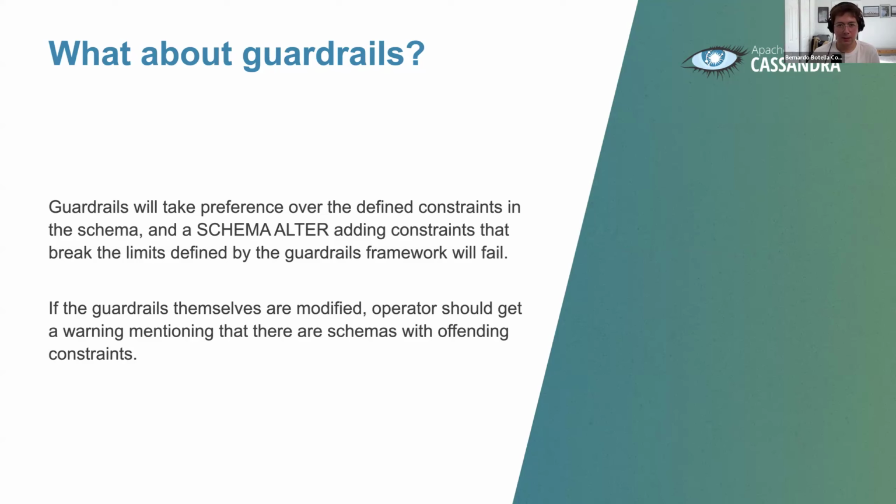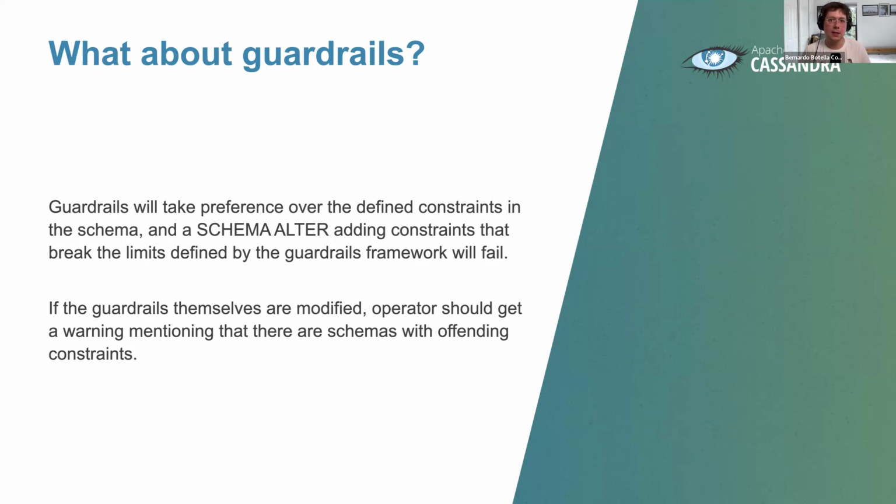The way that was proposed on the CEP is that the guardrails should take preference over the actual constraints. Why is that? Because the guardrails tend to be set by operators, and they are general "please behave" kind of rules set up by operators for all the users of the database to abide by. That may or may not be true for the constraint framework, because anyone creating a schema can create some constraints. So what happens if a guardrail and a constraint clash?